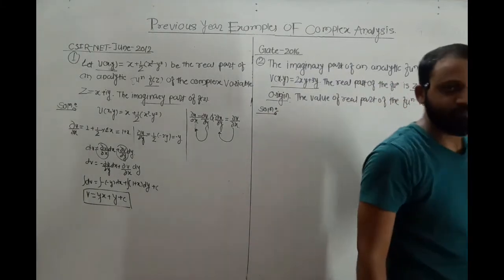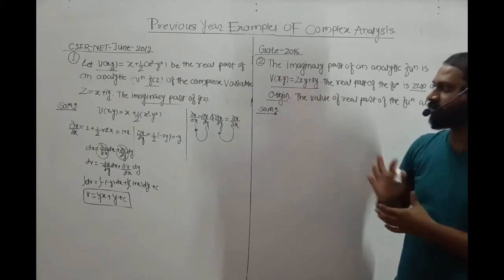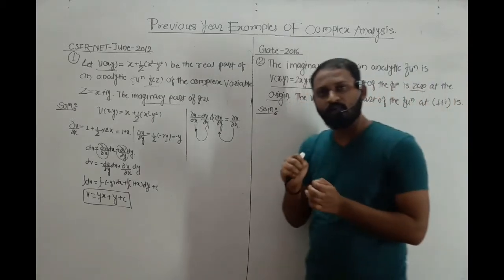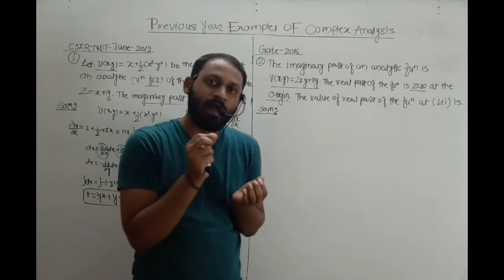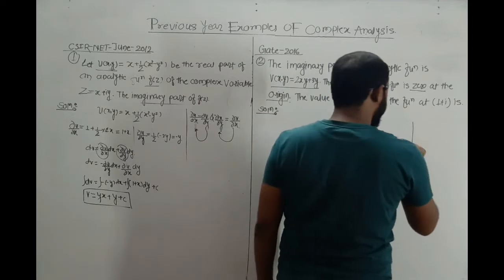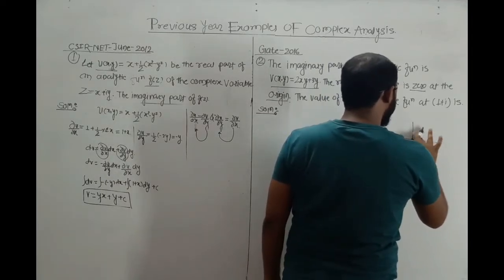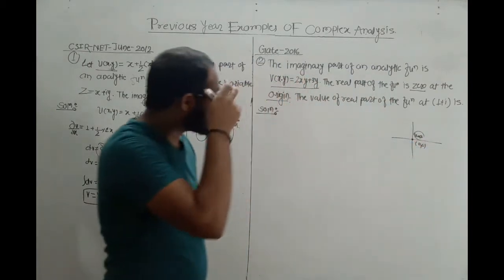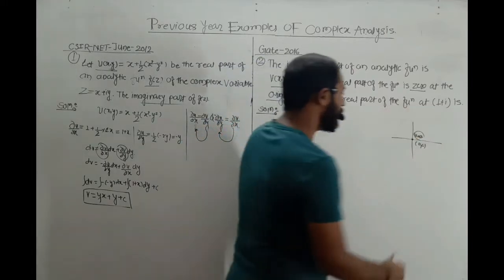Okay. देखिए imaginary part दिया है, क्या है? 2xy plus 3y. But they have also given that the real part is 0, but where? At the origin. Okay, कॉम्प्लेक्स प्लेन में। ओके यहाँ पे रियल कितना दिया है 0, but the value of the real part at 1 plus i, that is